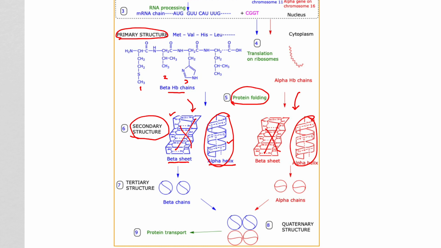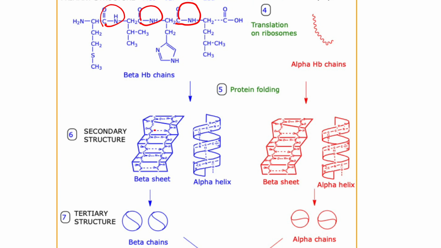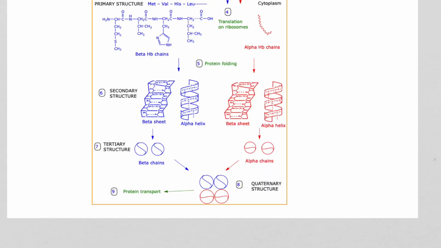And secondary structures happen mainly because of hydrogen bonding on the backbone. You see, the backbone is made up of CONH, and so you can see the backbone can hydrogen bond very nicely to give you your secondary structure. So hydrogen bonding is the most important force that causes the formation of secondary structures. And the protein continues to fold